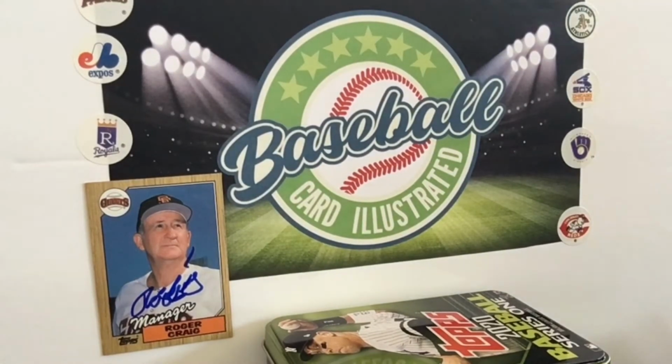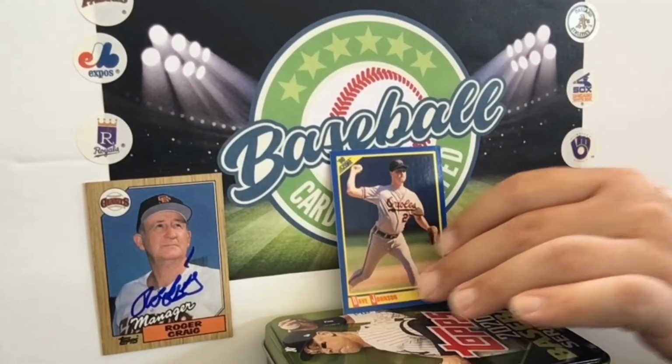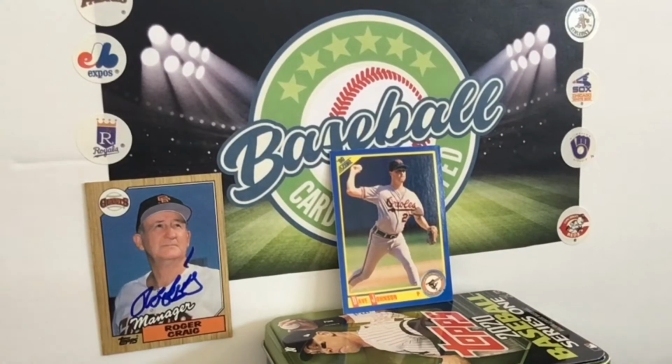And Joey Meyer, a big guy to begin with, a big home run hitter. And I'm trying to see on the back of the card here. I know he had a game-winning home run against Roger Clemens during his time with the Brewers. And not sure if that was like 88, 89, 90, where it was in there, but...